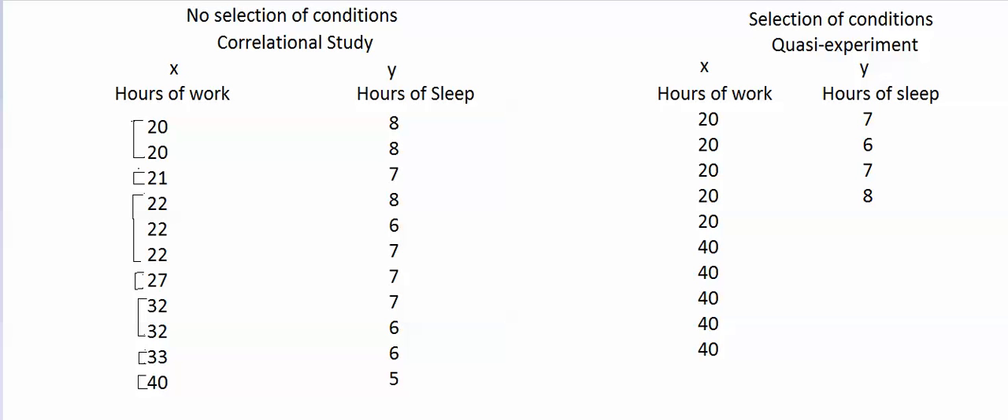I have section 1 of my class and section 2 of my class. Those two sections were already two groups that already existed before my study, and I just decided to put one group through one situation and the other group through the other situation. So it's a non-equivalent groups design, which is